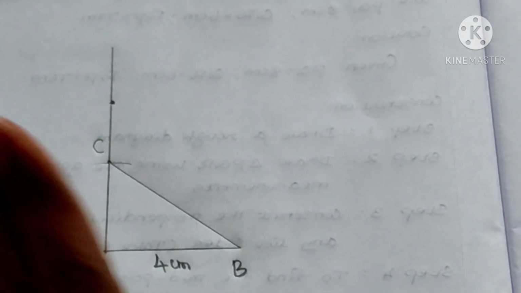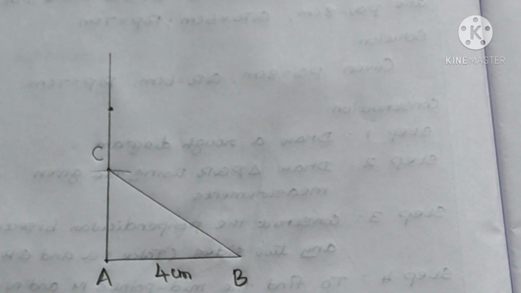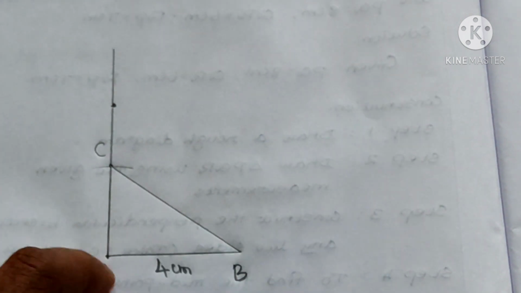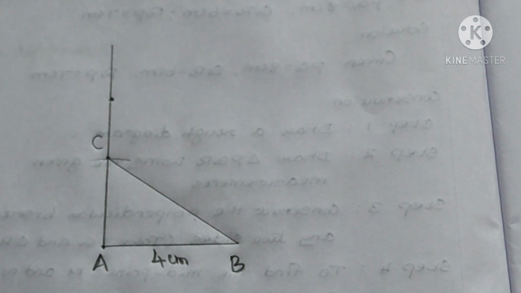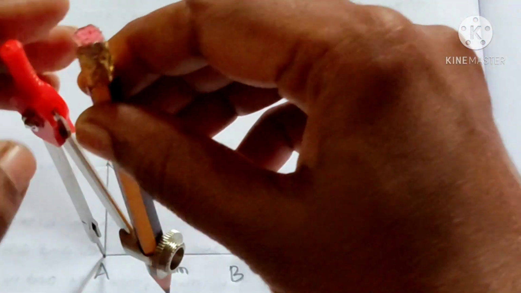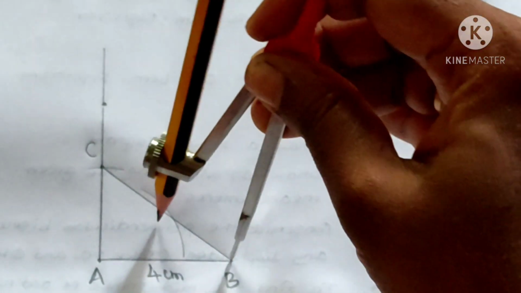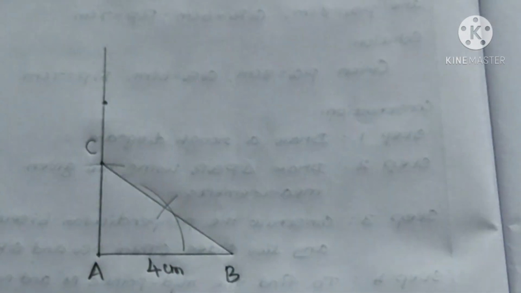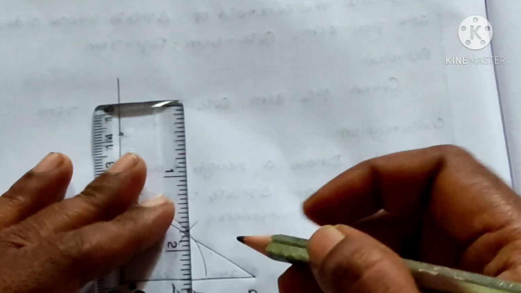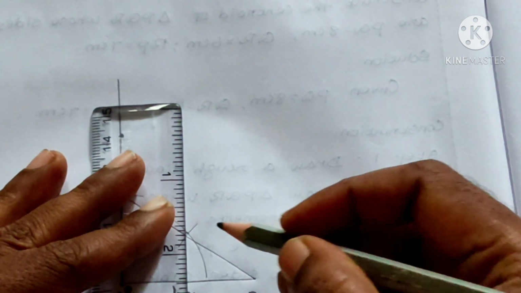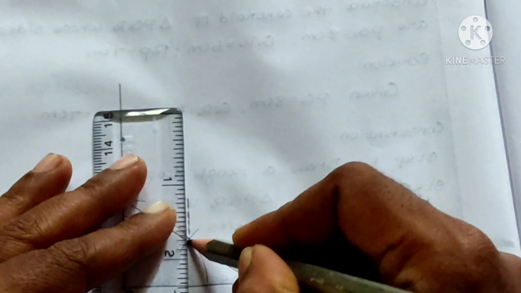So step 2 is completed. Step 3 is construct the perpendicular bisector of any two sides. I will take AB and AC. Okay. So using the compass, take more than half the length. Above and below the line segment, you draw 2 arcs. And with B as the center, draw arcs. Those arcs intersect the previous arcs. So you note that point and use the dotted line. Join these 2 points.